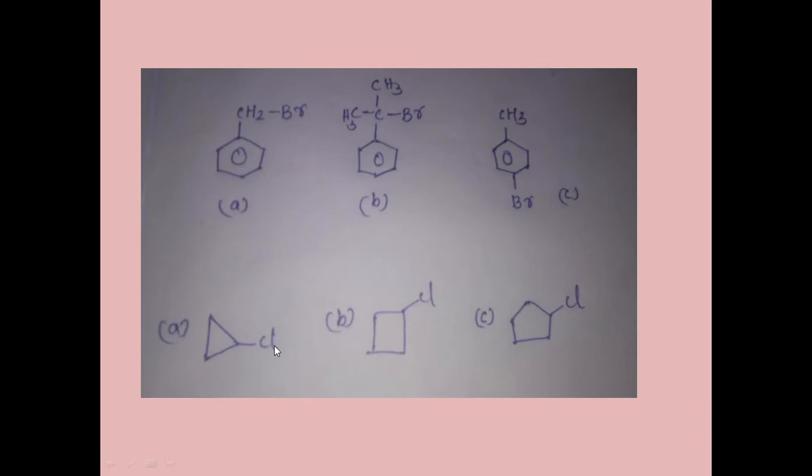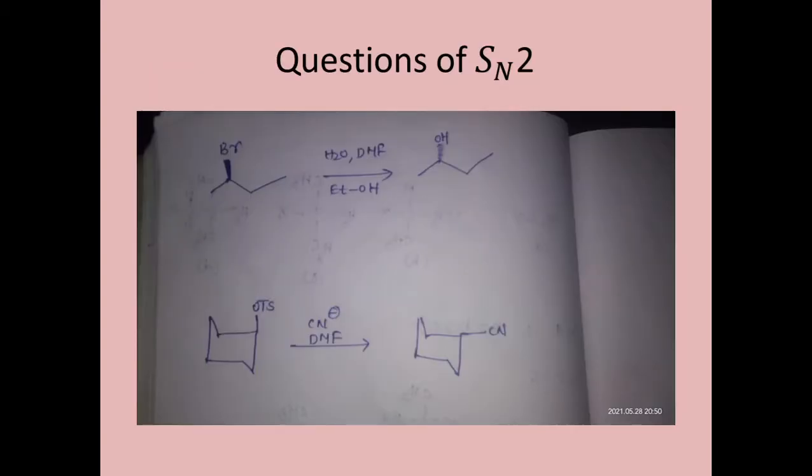Okay, now if you see here, C is more stable than B, than A. The same order follows in SN1 as well as SN2 because of bond angle deviations here. Here, has the configuration changed, right? So it is SN2, a back attack has been done, and here we have used DMF, which is a polar aprotic solvent. Aprotic solvent is used in SN2 reactions, right?